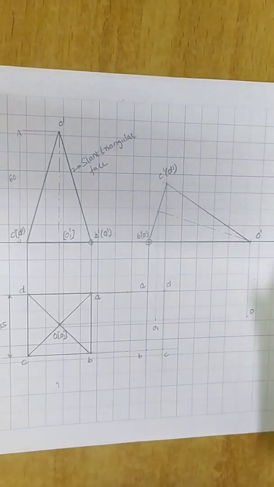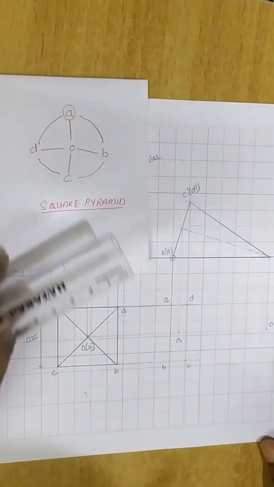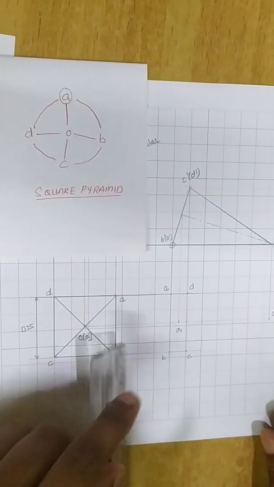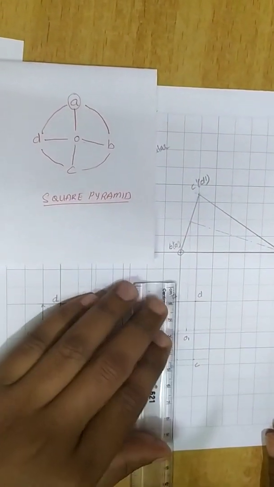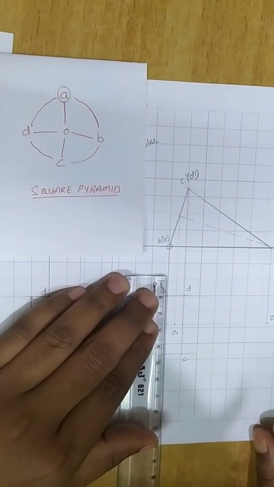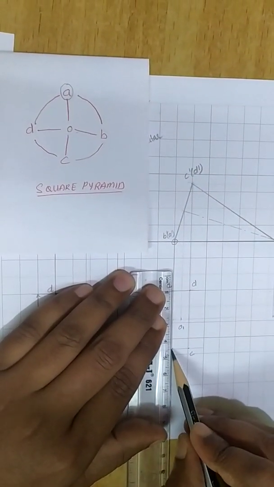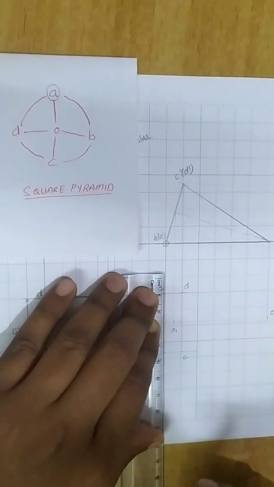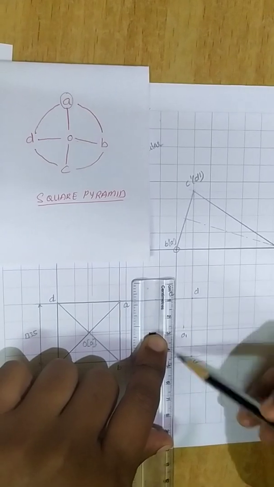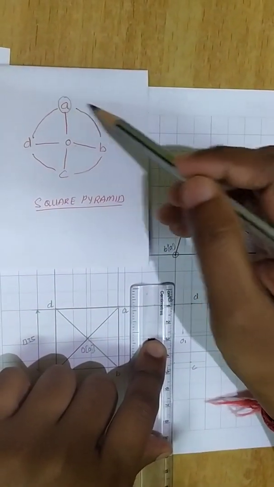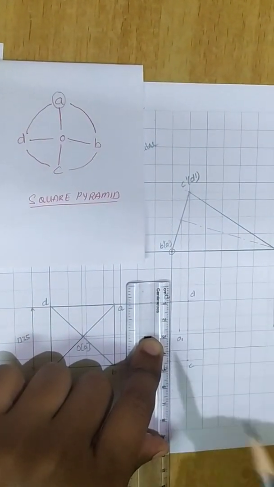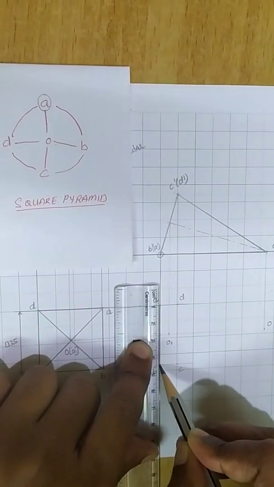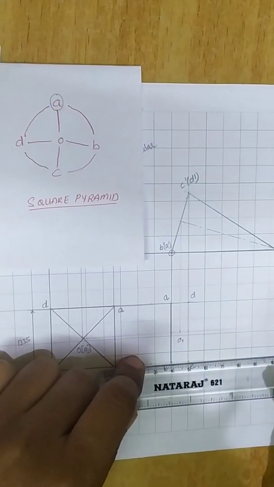For that, let me consider the naming chart here. Since it is a square pyramid, I have taken this. From each of the 4 base corners, you must have 3 lines. I will place the scale between A to B, and check whether this line will come as a boundary line or not. How to check that: we know that A to B we are having a bond. So I can place the scale between A to B, and if I get all the remaining corners on the same side of the scale, that forms a boundary line. A boundary line should be drawn as a thick continuous line.